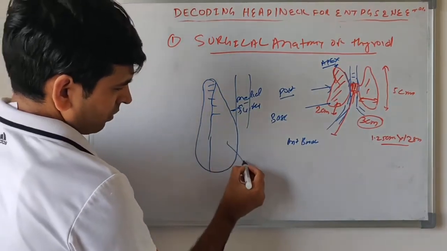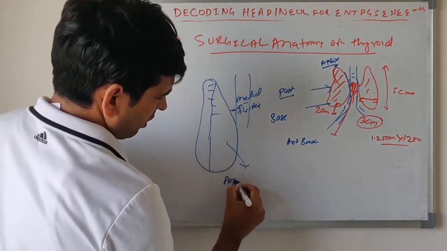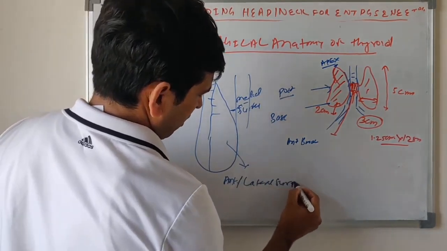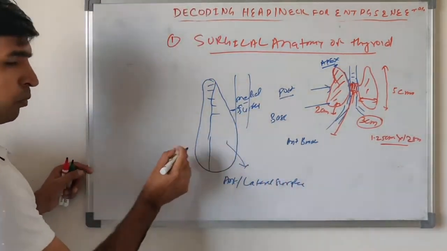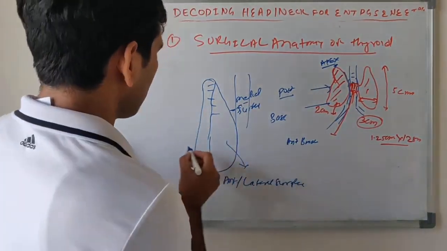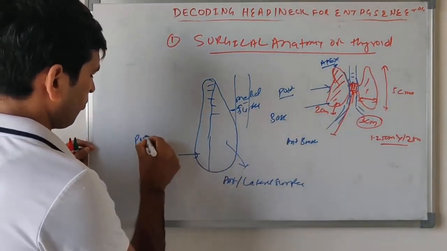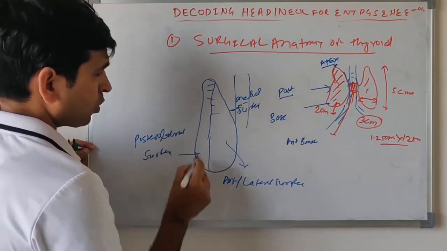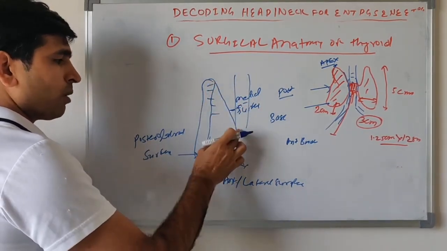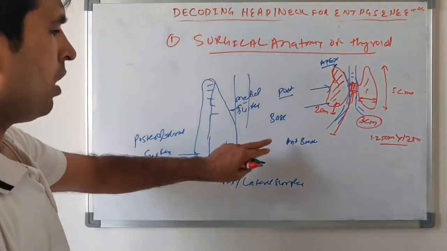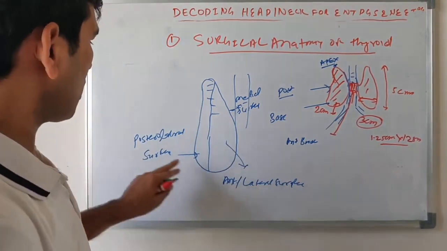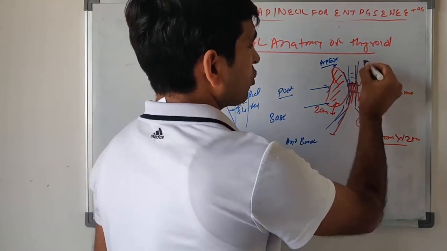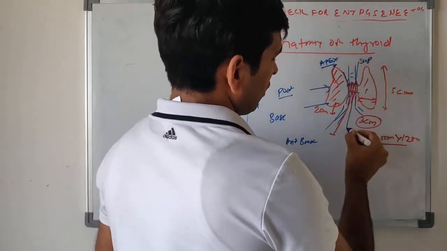This is the anterior or lateral surface, and posteriorly, behind this, is the posterolateral surface. So it has an apex, base, two borders, and three surfaces: medial, lateral, and posterolateral. The isthmus has a superior border, an inferior border,